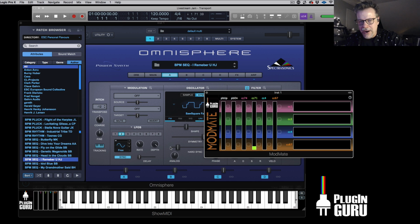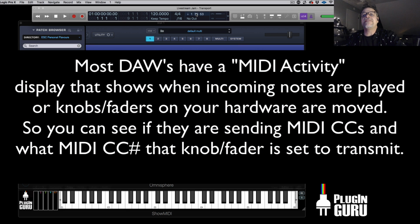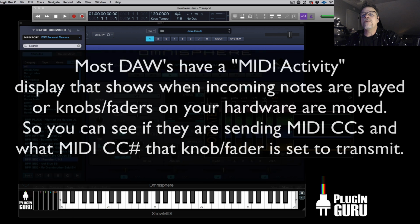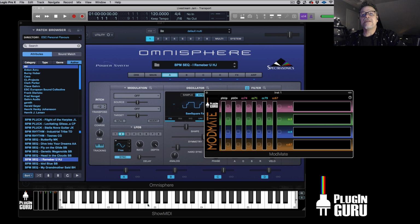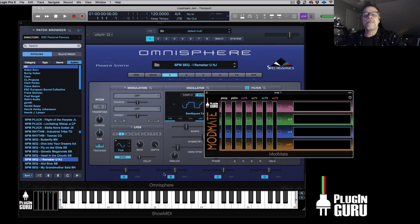If you have all the hardware at home, grab it, connect it, move the sliders, and see if MIDI CC data shows up like this when you move a fader. And if so, you can use ModMate to reassign things, so that I have now assigned this one to 72. So 72. And then you use these little check boxes, and I have now rerouted that 74 is now sending